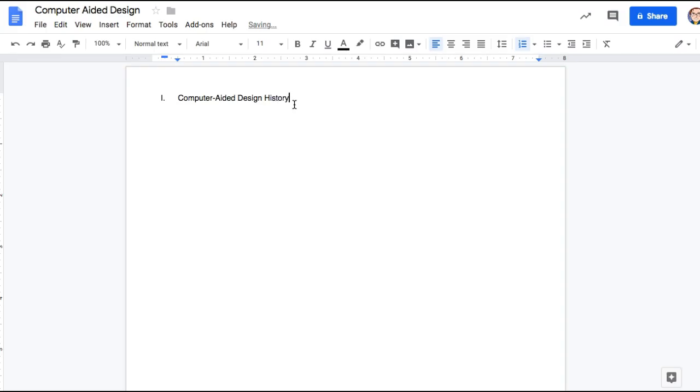Now if you press the return key or the enter, it's going to bring you down to another heading at the same level as the previous one. If you want to indent into the next subcategory, press the tab key. So tab brings you in one level. And so you can say something like inventors or some other category that goes underneath history. If I press enter again, it brings me to B, but if I want to add inventors under that, I could tab over and then write,